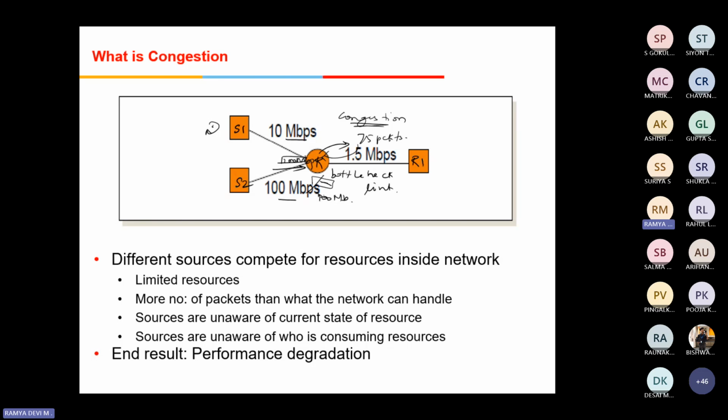So congestion always happens when there is a demand exceeding the capacity, right? So this is the bottleneck link which will be handling the congestion, which definitely will trigger the congestion. Okay. So this is one of the major issues in the network. It requires certain flow control, congestion control, traffic management. Everything should be there. So performance degradation will happen. Fine.